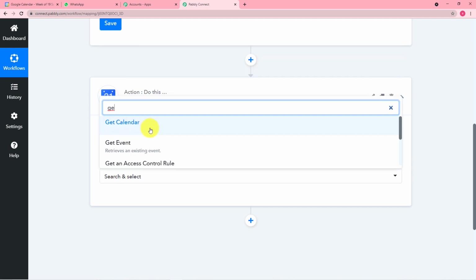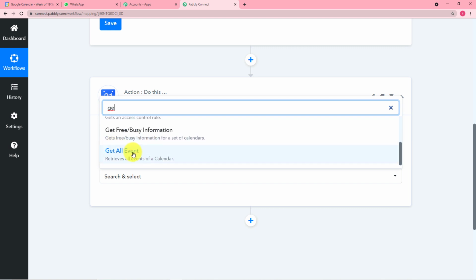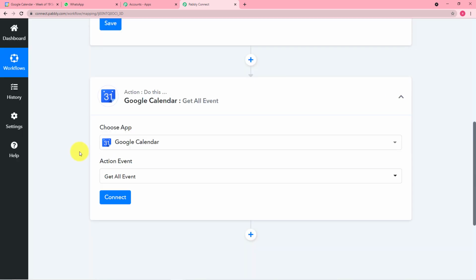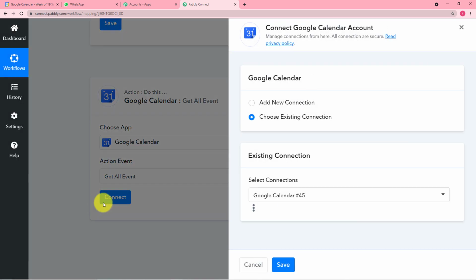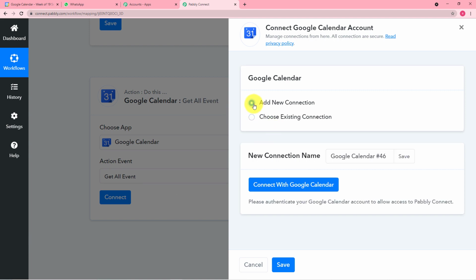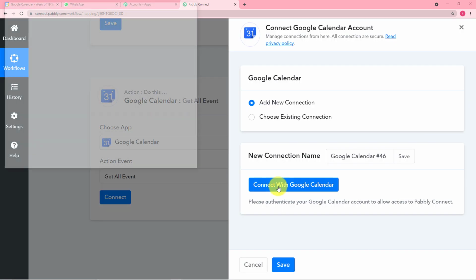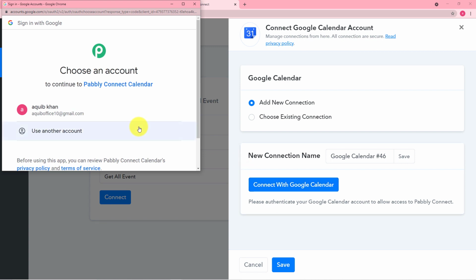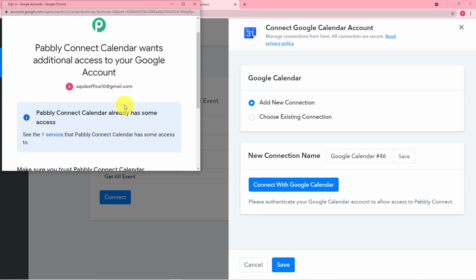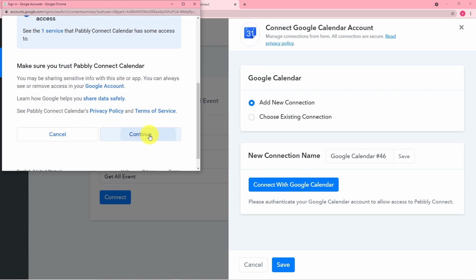This is get all events. After this, click on connect. From here, click on add new connection and then click on connect with Google Calendar. It will ask for the email ID by which your calendar is connected. Select that email ID. After this, it will ask for some access, which is completely safe. Just click on continue.